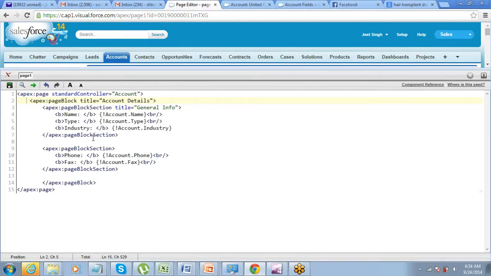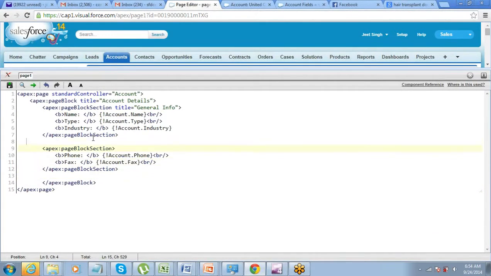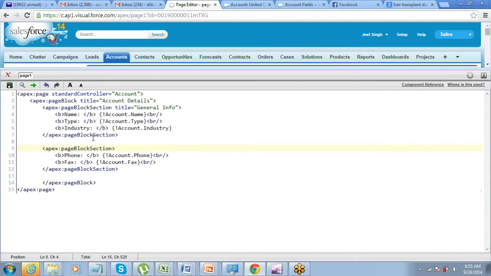Firstly we have created a page component. Inside the page we have a page block component, and under the page block, this page block starts on line 2 and it ends on line 14. Within this page block we have created two sections, smaller sections. One starts at 3 and ends at 7, and the other one starts at 9 and ends at 12. So two page block sections I have inside this, right?